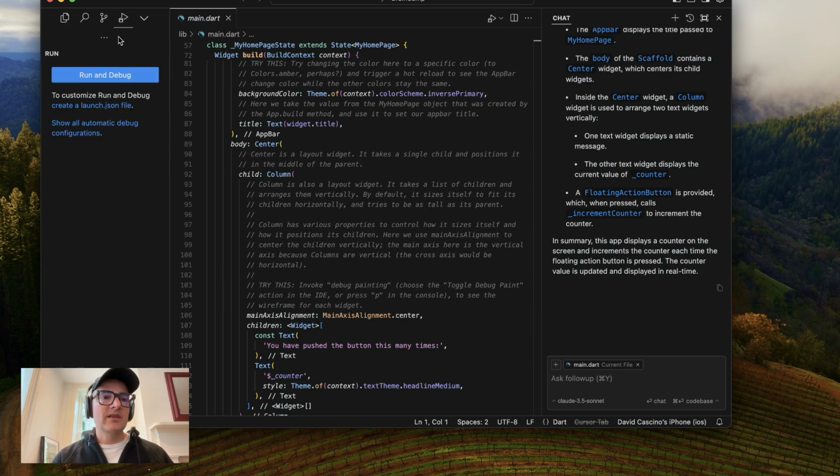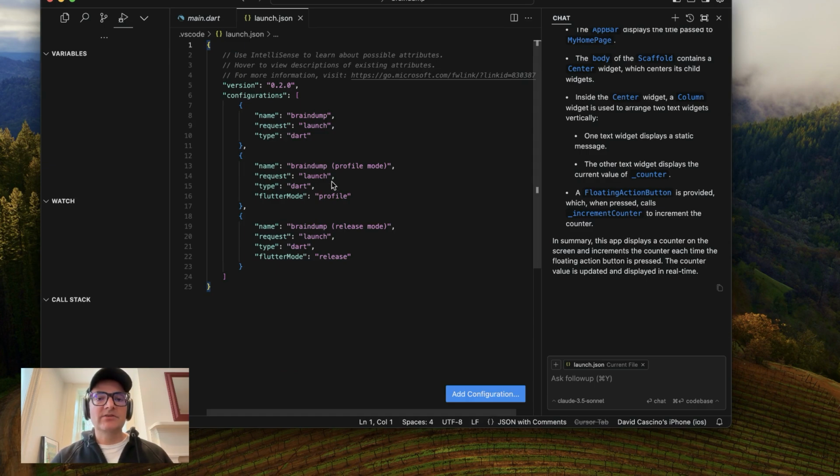We have this Run tab. So I always like to create a launch.json file. So this just makes it easier to run your app. Let's say you want to deploy it to an iPhone simulator, you want to deploy it to Google Chrome. This just creates a nice little template for you that you can then edit to give it more specific things. So we have the ability to run it in standard mode, profile mode, or release mode, which is important when you want to run this on your own device. I have an iPhone, so whenever I run it on my personal iPhone, I run it in release mode. And then after you disconnect your iPhone, the app still lives on your phone.